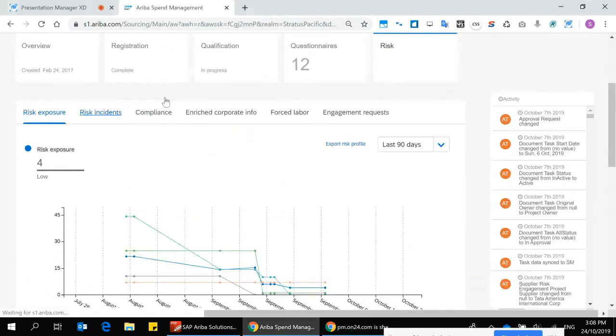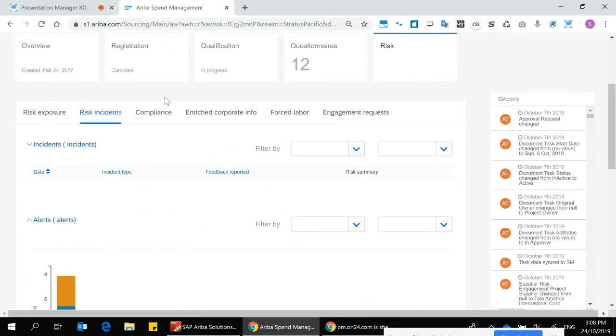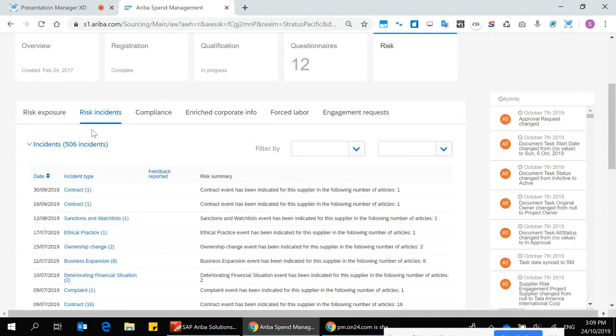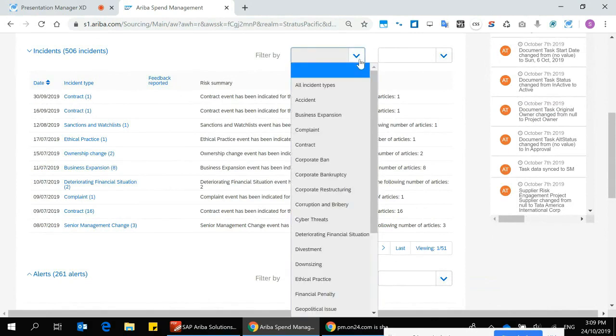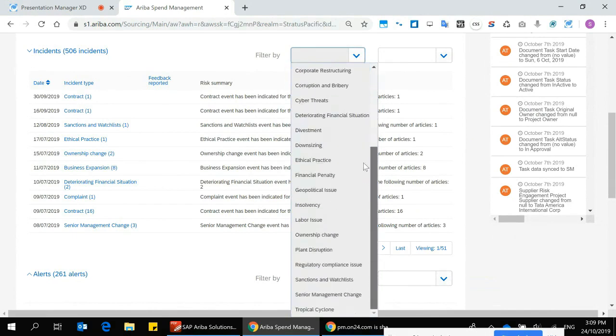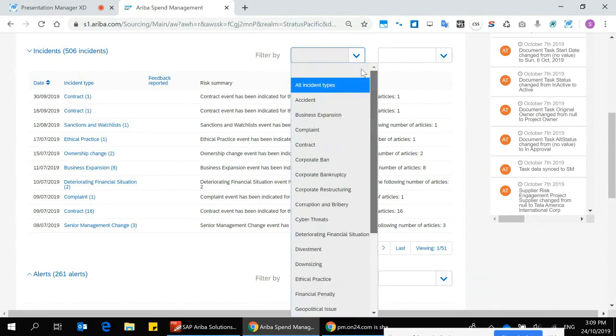When we drill a little further into this, we can see that the system is capturing a whole range of risk incidents behind the scenes. This is data that's been captured and collated from this supplier, predating when I actually added this supplier to my system. It categorizes all your different risk types and groups them. In this example we're sorting by date, and you can very easily filter through the top filter here for all the types of incidents that have occurred with this supplier. You can see there's been quite a lot of activity on this supplier.